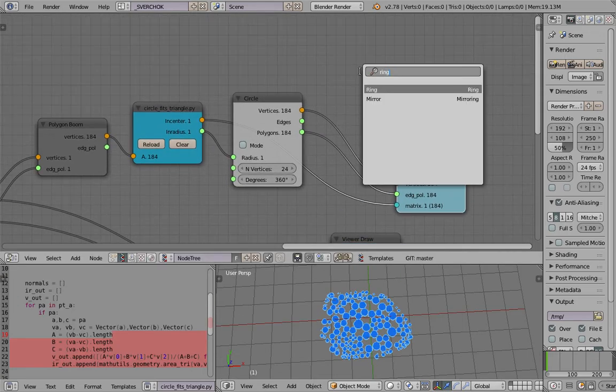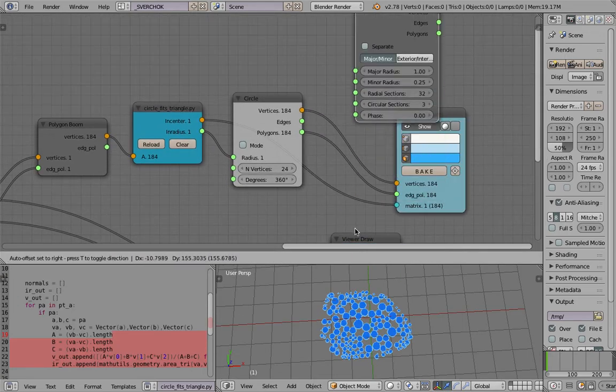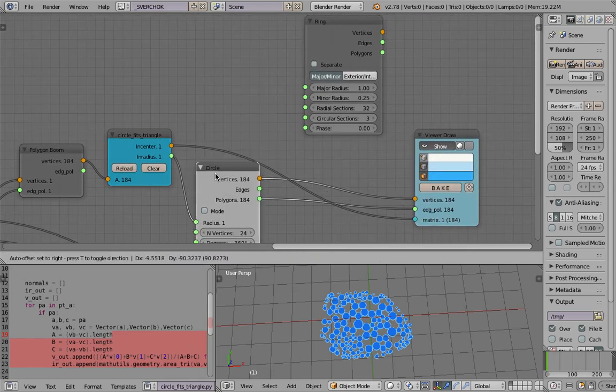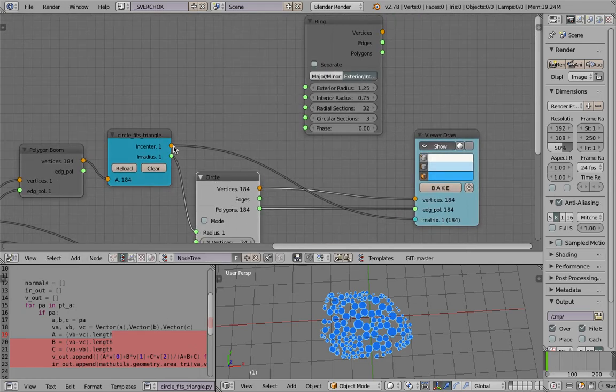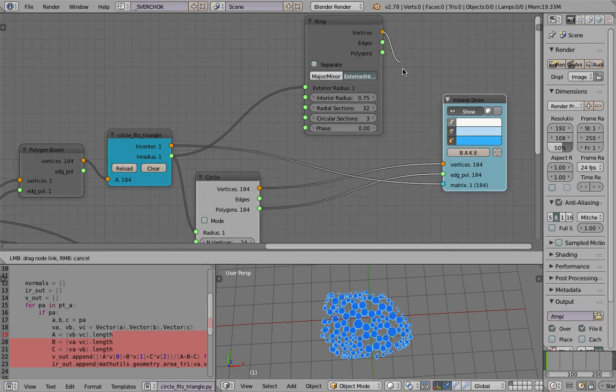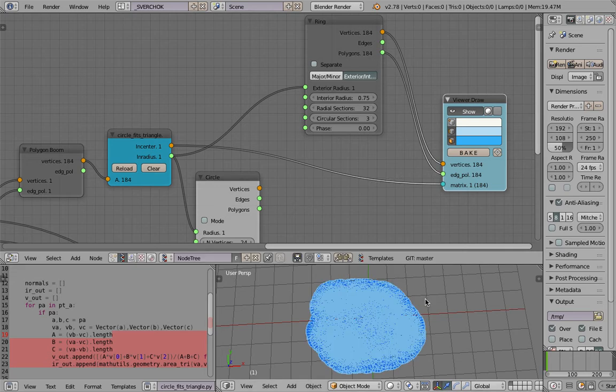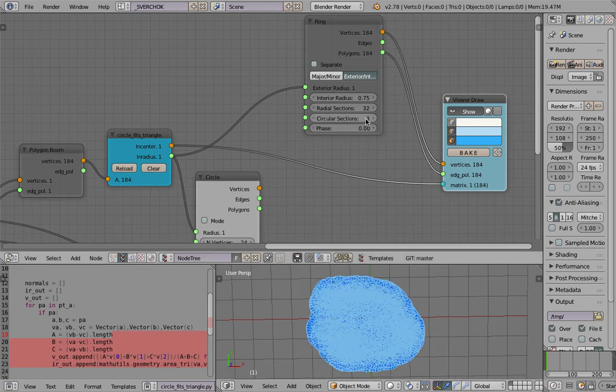We didn't actually have ring in the past, but now we have a ring node, so we can simply plug this inner radius into which one? Exterior, and this guy goes in there. Hopefully it should just work, and apparently it doesn't. Interior radius,